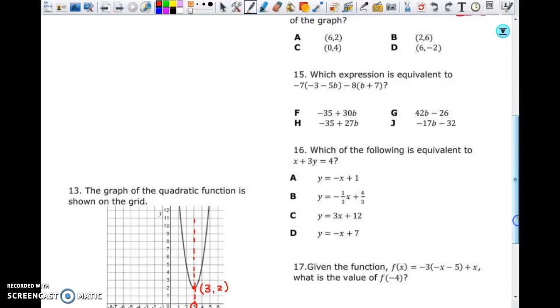15, which expression is equivalent? All right. So remember, anytime they give you an expression, it's everything minus the equal sign. You want to put the whole expression in, and what does equivalent mean? Equivalent means equal. What else does equal mean? Right? Equal. It also means the same. So how will we know if it's the same? Anytime you see the word equivalent, meaning they need to look the same, they need to be the same, meaning